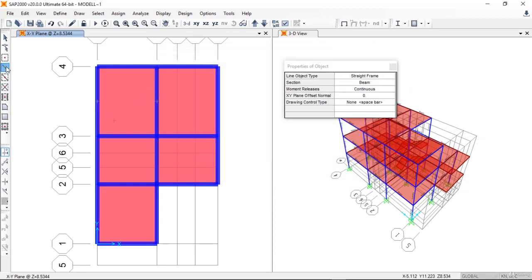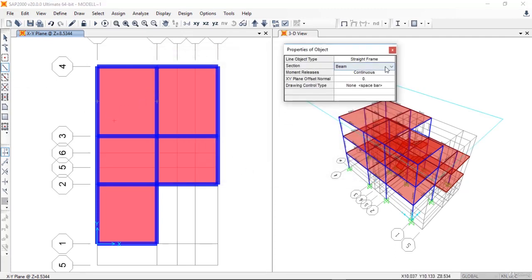Now let's click again, and change the section to secondary beam, and here moment releases must be pinned. Moment releases continuous means that for this beam and this beam, the moment release was continuous at this point, so the program will take this entire portion as a single beam or the fixed beam. Moment releases pin means that here, if we draw the beam like this,